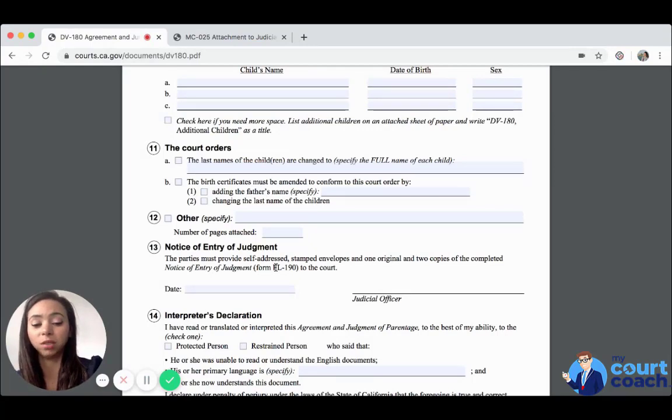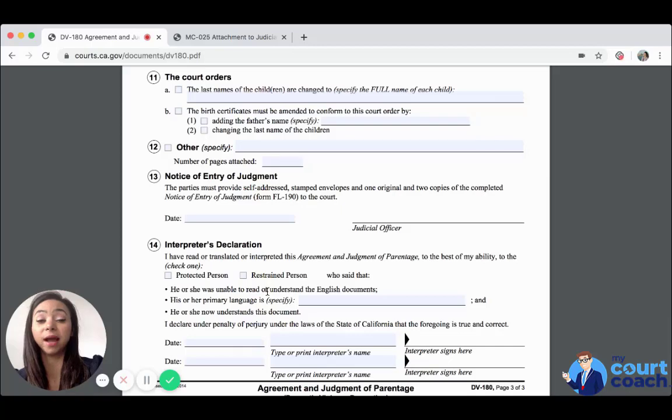And you want to have the return address to be this court, so depending on which court you're in, you're going to go ahead and provide that address on there. In case it doesn't get to you for whatever reason, it can go back to the courthouse, and the courthouse can at least potentially call you to ask you about that. So the judicial officer is going to sign off on this, and they're also going to date it.